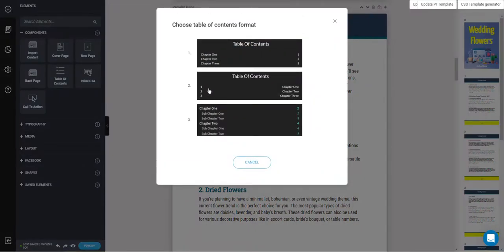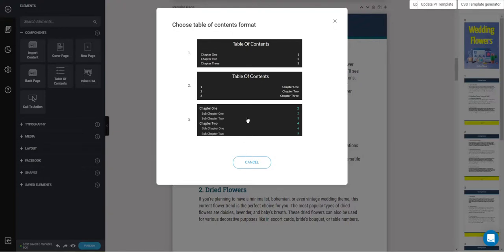And I'm going to have three options. These two are going to be the same. The only difference is the text on the left, text on the right. This will pick up any H2 or H3 as an entry on these two. On this one here, this one gives us the subchapter option, the one that I really like. So the H2 heading would be chapter 1, and then H3 headings would be subchapters under the main chapters.